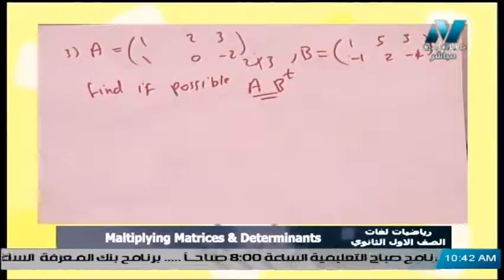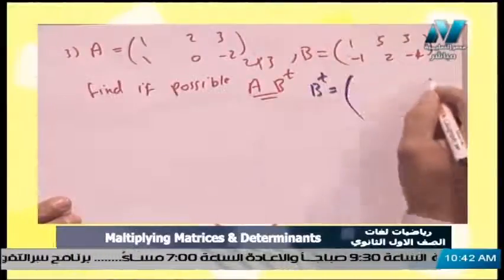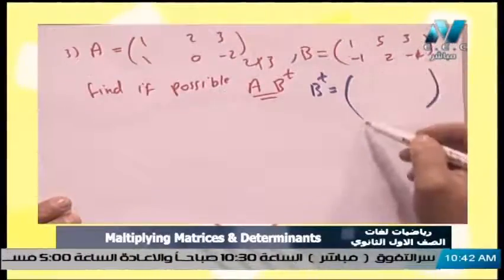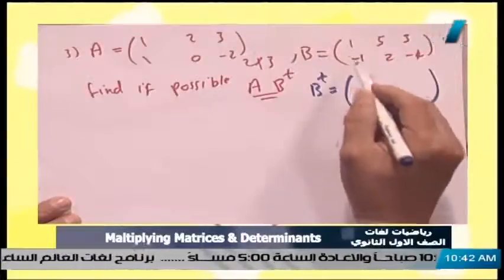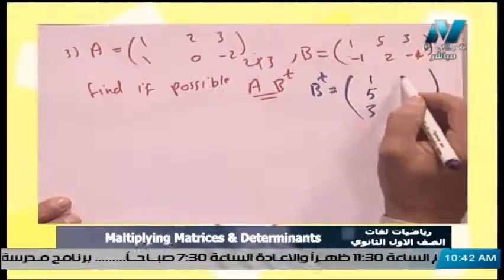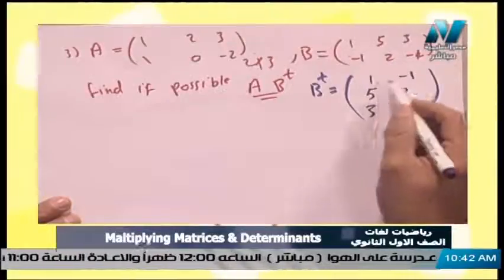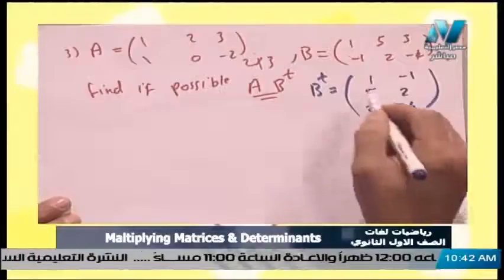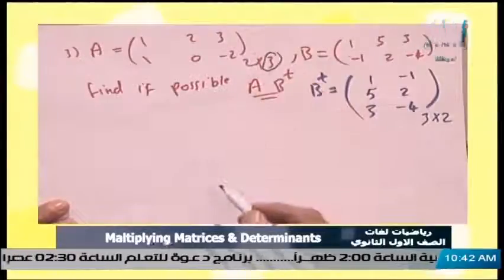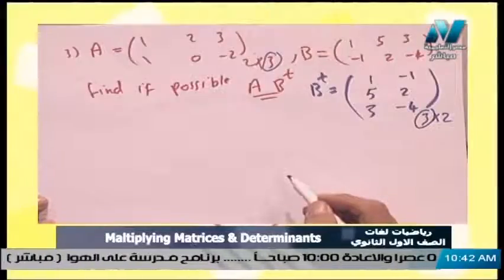Okay, we will find B transpose here. B transpose, as you see, the row will be a column. First row here will be the first column, so we put it like that: 1, 5, 3. The second row will be the next column: negative 1, 2, and negative 4. And the order now is 3 rows multiplied by 2 columns. Here we have the number of columns equal the number of rows, so it's possible to find the multiplying